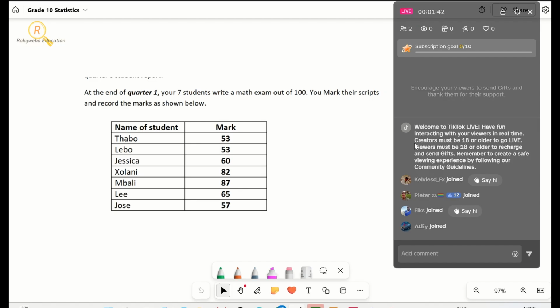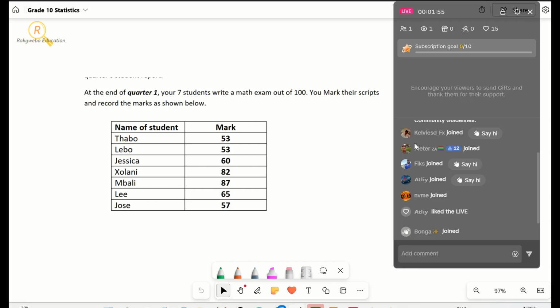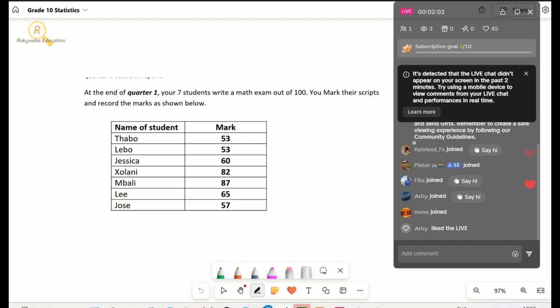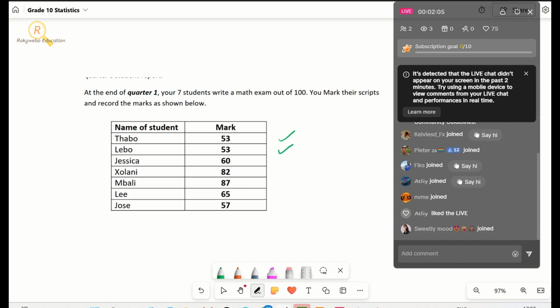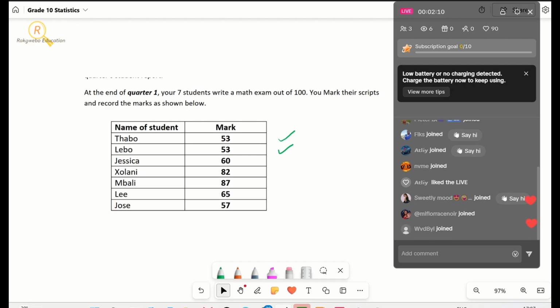Just look at it this way. You are like the maths teacher in this class. You've got all of those marks, so you obviously want all of your learners to pass, and not just pass, but pass very well. So you're interested in knowing the class mark. Yes, you've got individual marks, Otabo's mark, Lebo's mark, and so on, but you want to know the grand total of the class, the percentage mark of the class. So how you're going to do that is you are going to